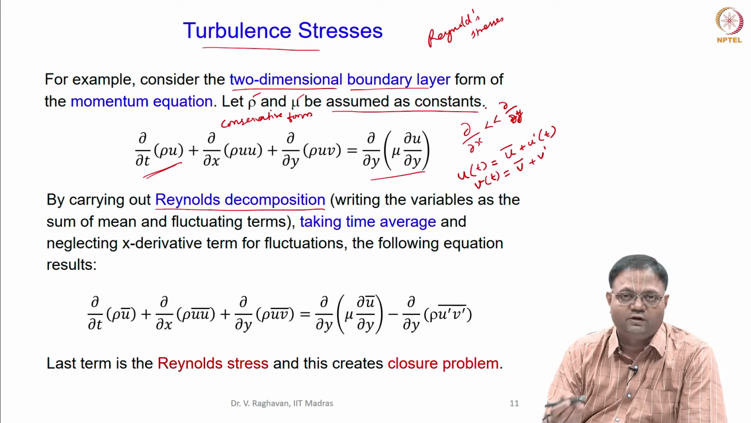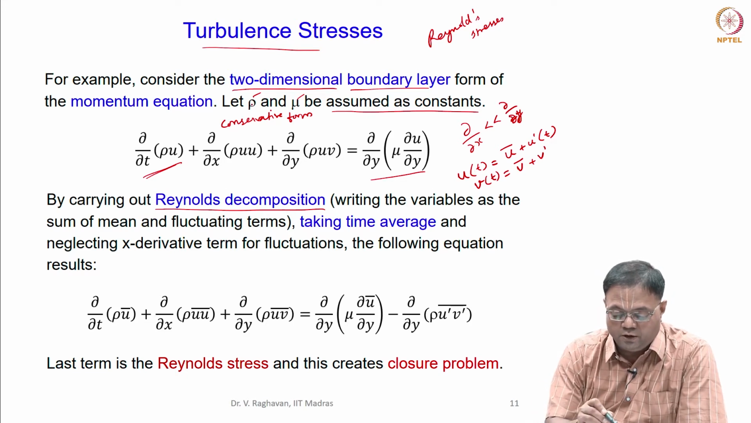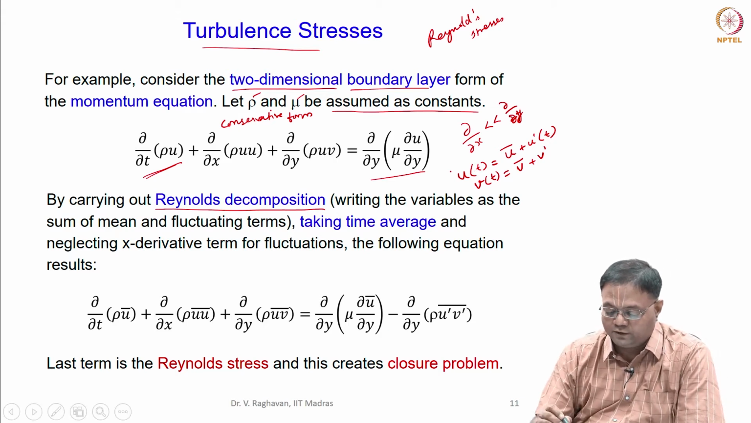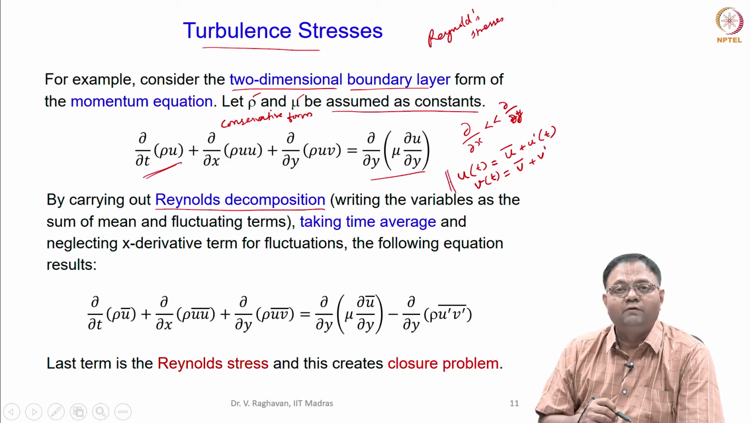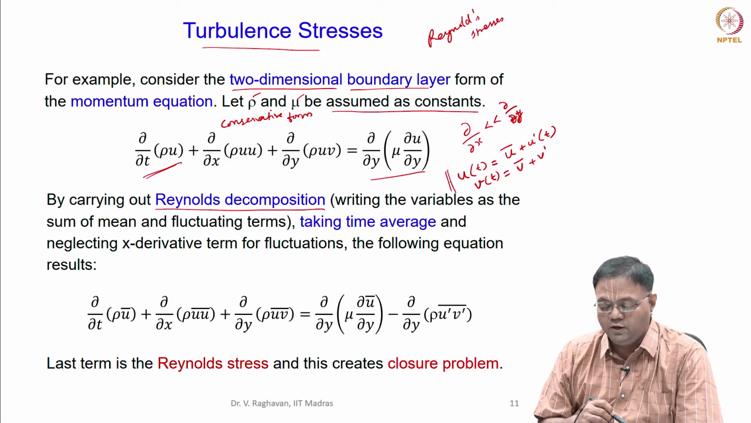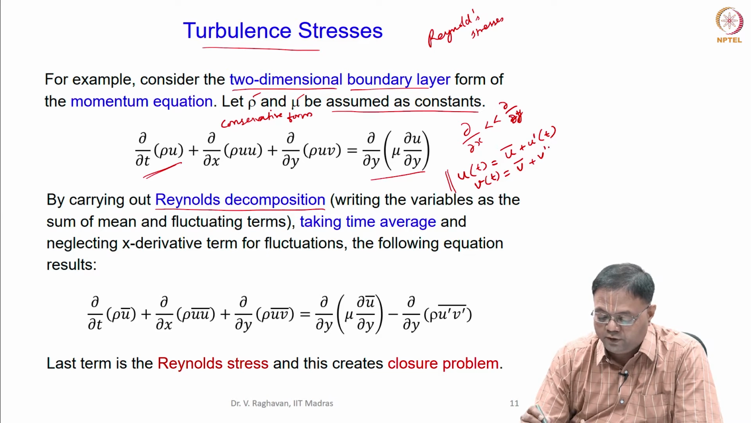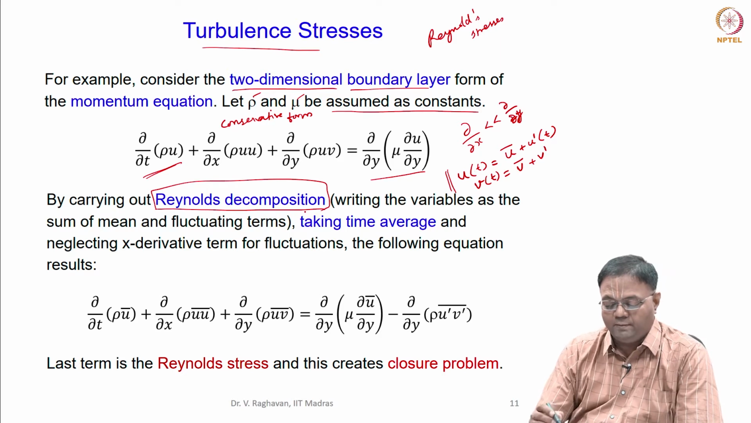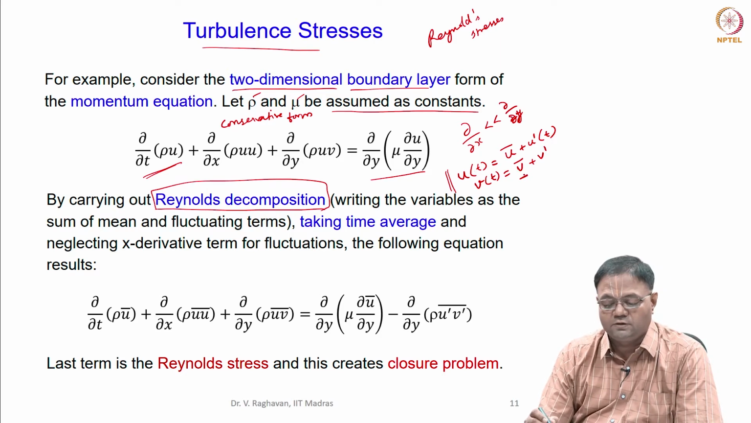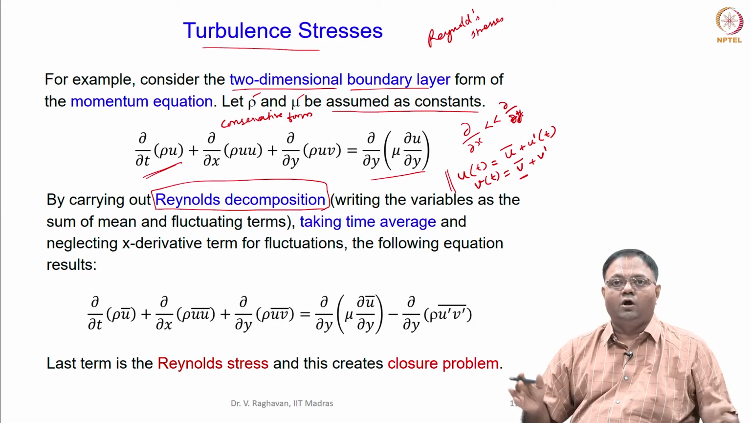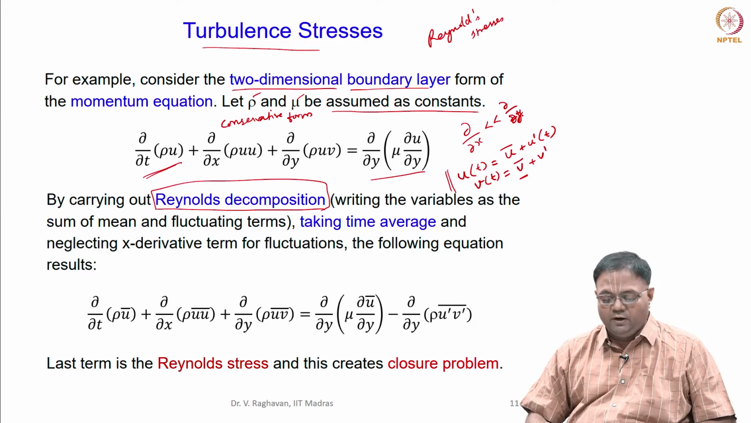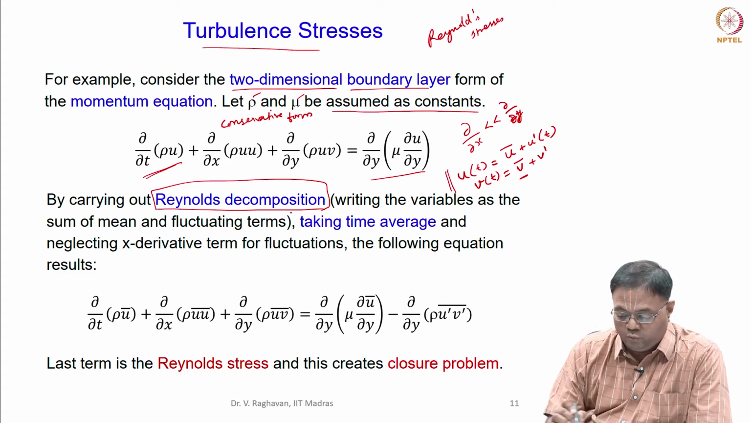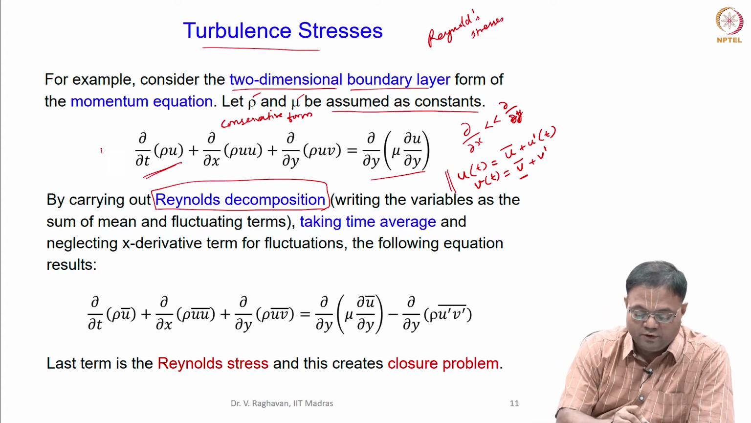Just to illustrate the stress terms, let us consider rho and mu to be constants, and Reynolds decomposition we will do like this, writing a flow variable, the flow velocity, as the mean value plus the fluctuating value. That is the Reynolds decomposition. And time average, you know how to take this. Time average is nothing but taking a sufficiently long time period and averaging the fluctuations. Once you substitute this in the equation,